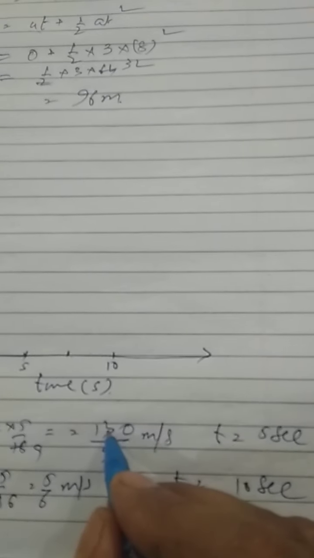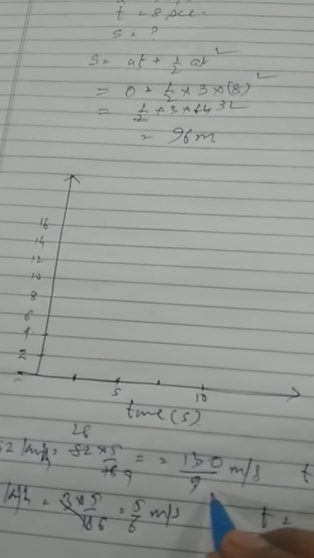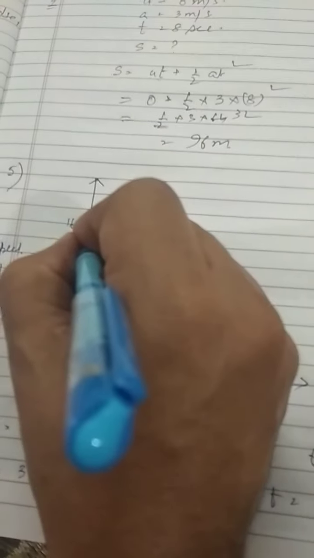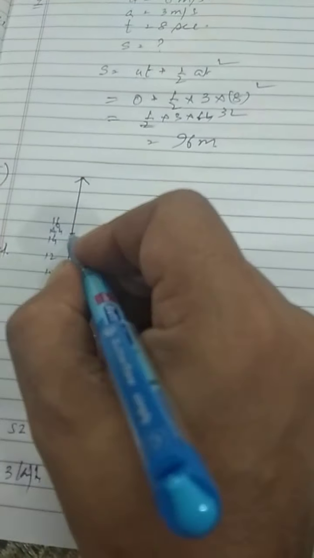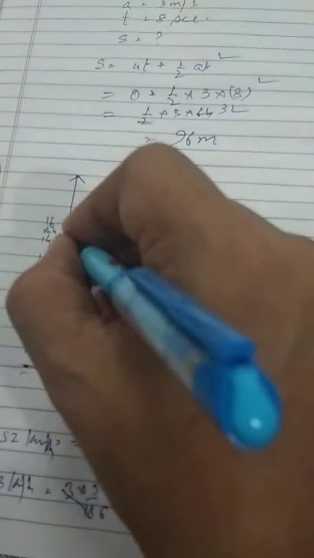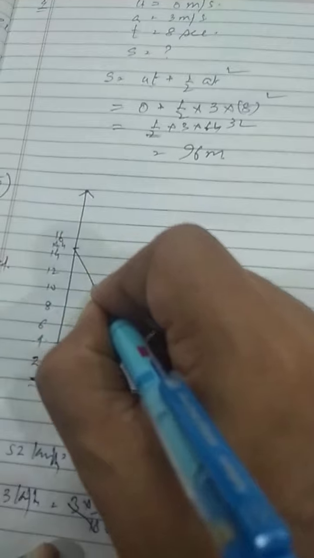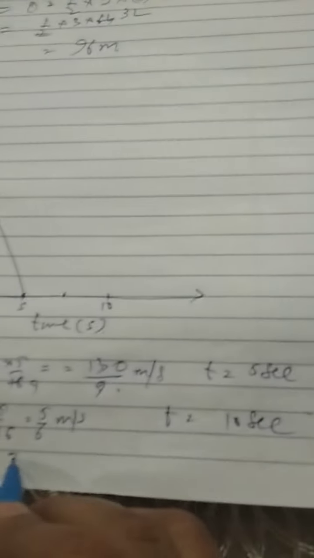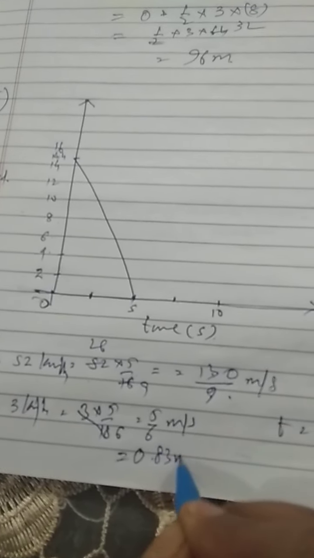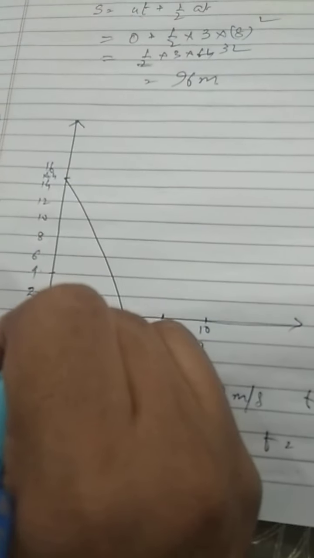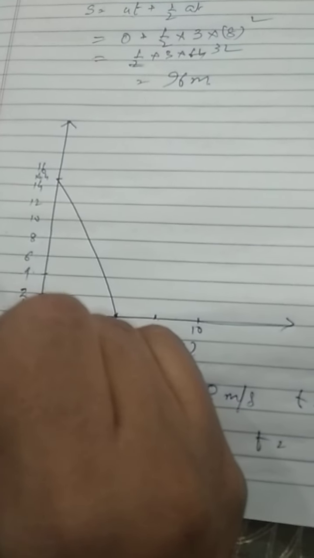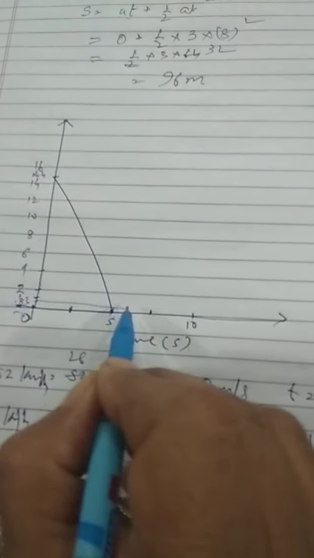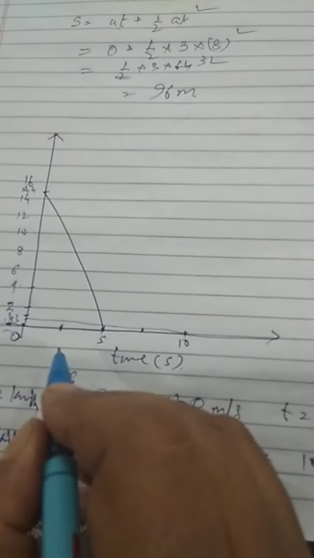Now on the graph, first is 14.4 meter per second. The speed comes out to be 14.4. The 14.4 in the graph will be like here, and 5 seconds is here. So the graph shows like this. Means in 5 seconds the car comes to a halt. And the second is, the speed of the second car is 0.83 meter per second. So if this is the scale, this is 1 and 0.83 will be here, and it stops in 10 seconds, so it ends at, right?